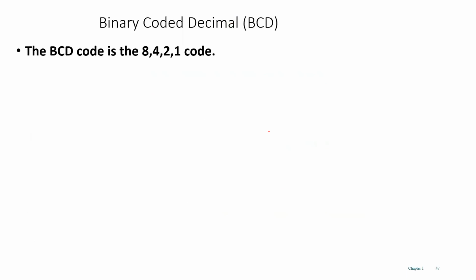Now coming towards the binary coded decimal. Now this is called 8421 code. Why 8421 code? Suppose I'm writing 9 here, so 1001. So what's the weightage of this? The weightage of this is 1, this is 2, this is 4, this is 8. So 1 into 8 plus 0 into 4 plus 0 into 2 plus 1 into 1. So this comes out to be 8 plus 1 is equal to 9. So we have fixed a weight corresponding to a particular bit.